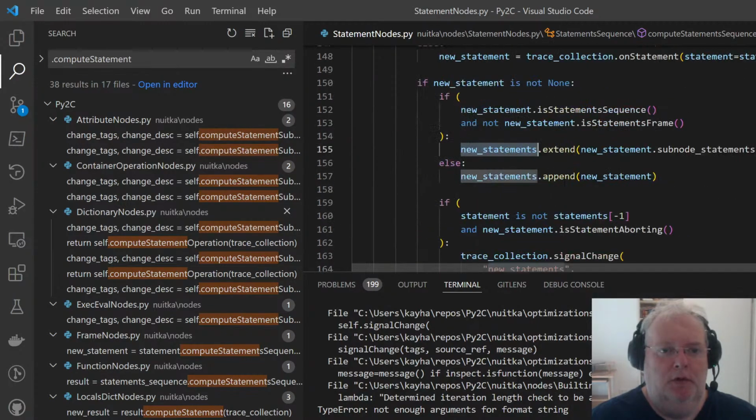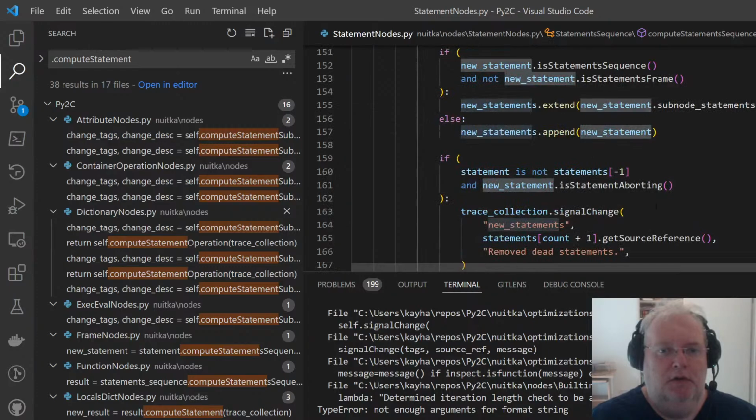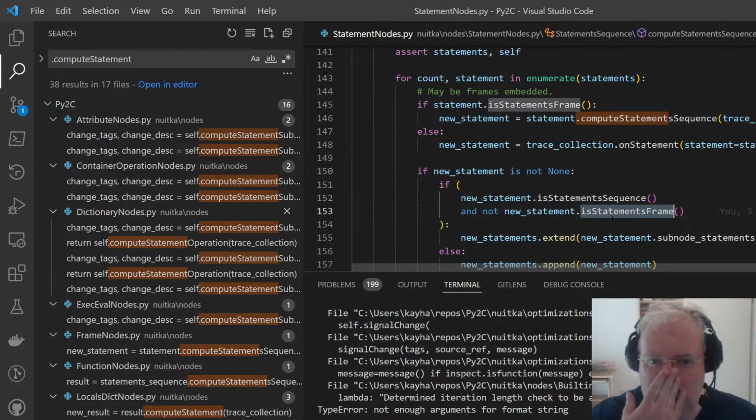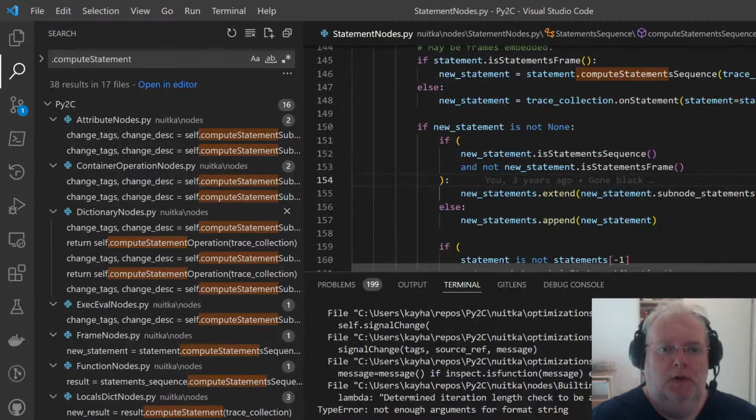No, I'm not using new statement ever again. I'm not sure if it can be a statement frame, but if it's only a statement sequence, it's throwing that away. So not sure. Maybe if I do it like type.